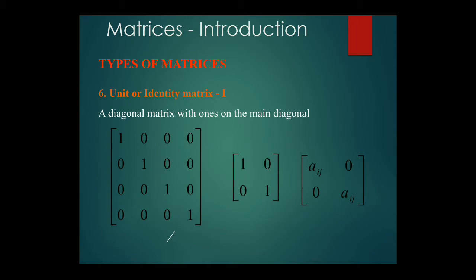First we have a 4 cross 4 matrix and then we have a 2 cross 2 matrix. You can just see the conditions we have here. But keep in mind this is very, very important. Always remember what is an identity matrix.